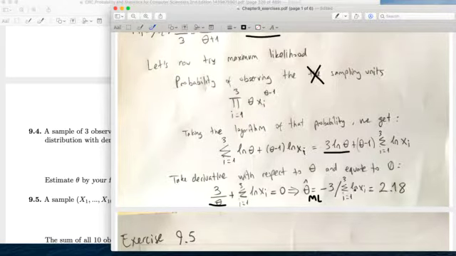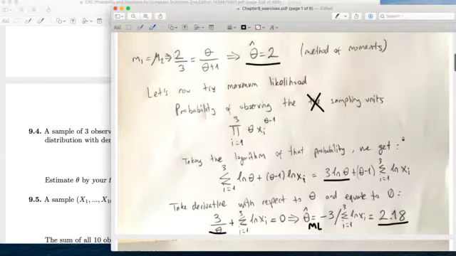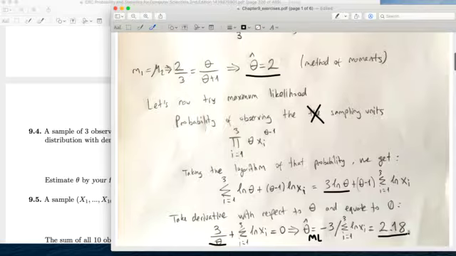Since all of them were less than 1, they will be negative values. So when we divide this negative 3 with those, we will get some positive number here. You can just use calculators for this purpose, and when you do the math, the estimate will be 2.18. So this exercise is a nice exercise in which sometimes method of moments and the maximum likelihood